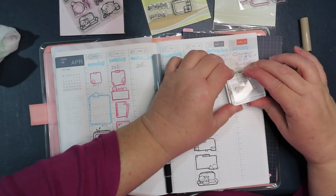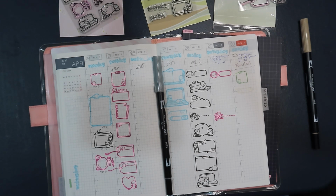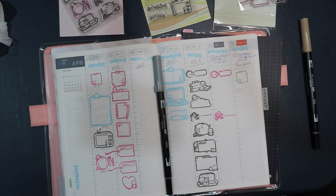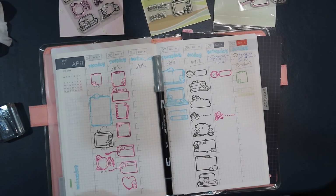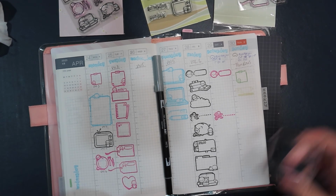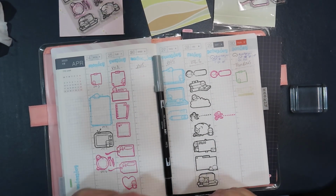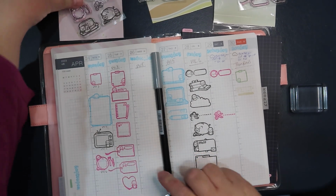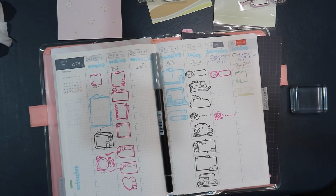Okay, let's try this one. Okay, well that's actually come through. I don't know how well you can see it. I'll hold the book up in a minute. Because this is a light ink. Okay, that has worked. Am I a convert to using Tombows on my... Oops, we need a stamp first. Am I a convert? Probably not. But I can...